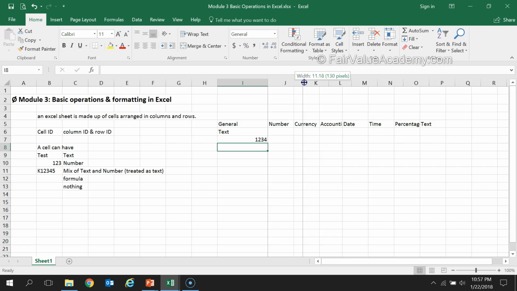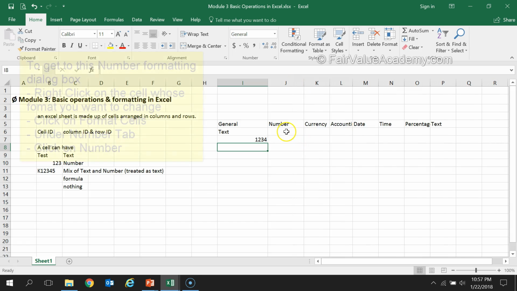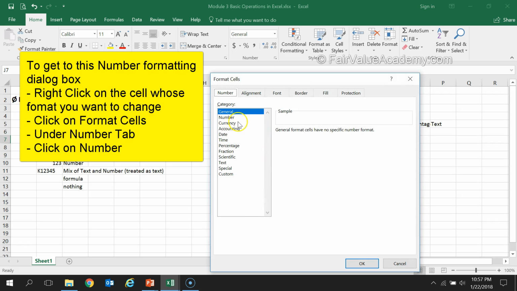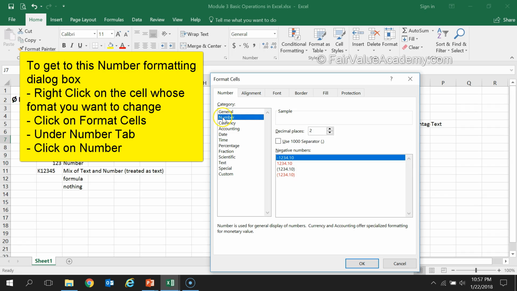Other type of category that you can define as number is to specifically show how many decimal places it can have. So when you select number as the category, you can select how many decimal places the number should show, whether to use 1,000 separator or not, and how the negative numbers should be displayed. This is more important from accounting perspective. Otherwise, in normal Excel sheets or documents, you can define whichever way you like the negative numbers to be displayed.